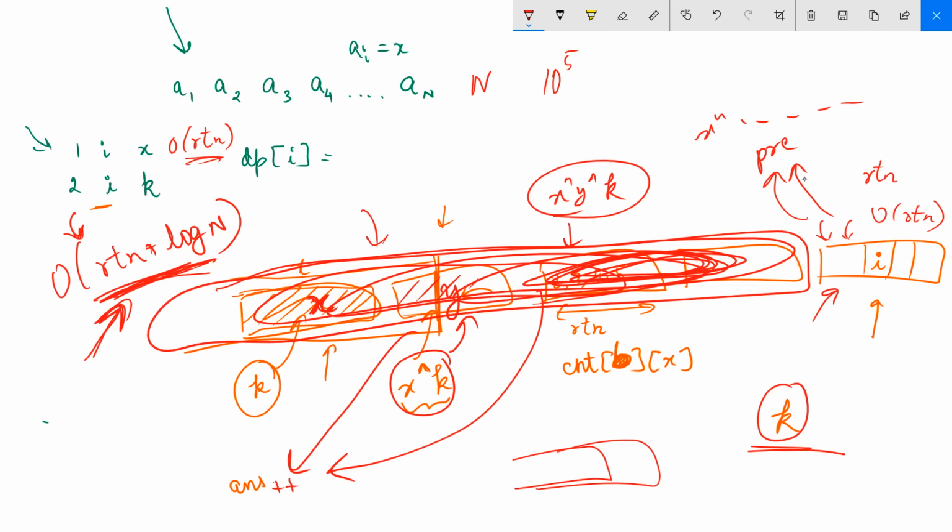To decrease this value, I can't change log n of course, but I can change the bucket size. So I tried to increase the bucket size from 316 or 317, which is root n, to 600, and then I started getting accepted answers. Finally my solution got accepted when the bucket size was, I guess, 1000 or something, or 800 maybe. So this is fine tuning a solution just to get accepted, but the real fun was in thinking up the solution. Square root decomposition made this question very easy to solve.